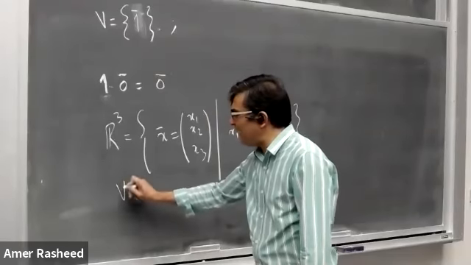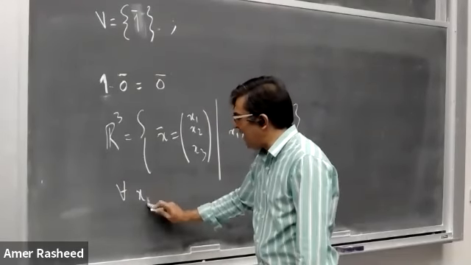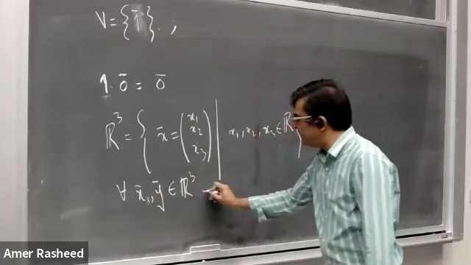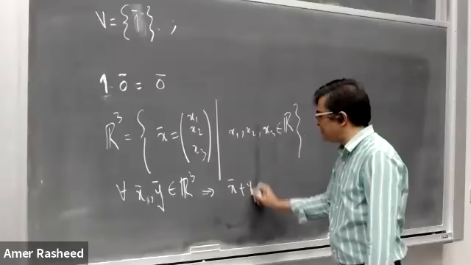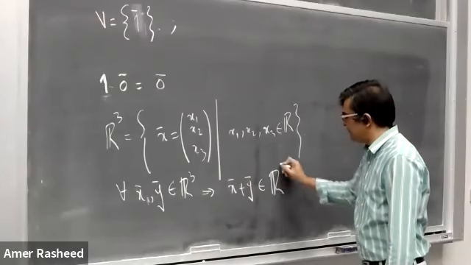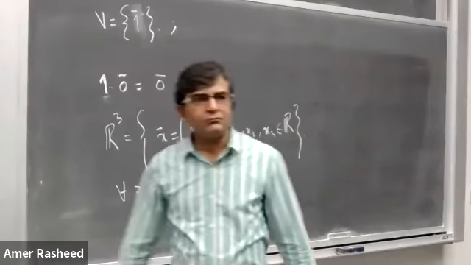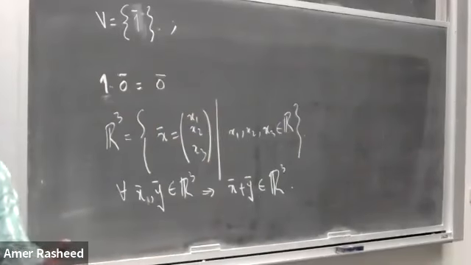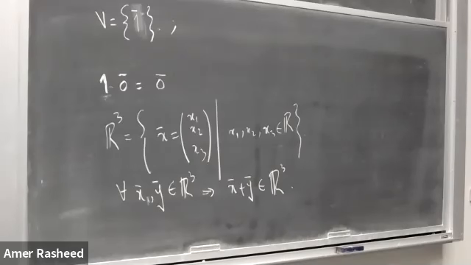ठीक है? तो क्लोजर लॉ दोबारा समझा दें क्या है? Closure law is that if you choose any 2 elements, x and y belongs to R cube, this implies its sum is also in the same space, R cube. Does it hold for R cube? कोई से 2 एलिमेंट्स ले लें R cube के, उनका सम करें, R cube में बिलोंग करेंगे? करेंगे या नहीं करेंगे? करेंगे ना, ऑब्वियसली।